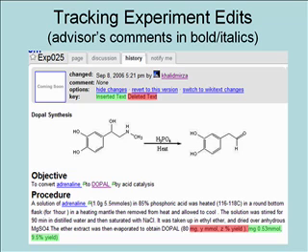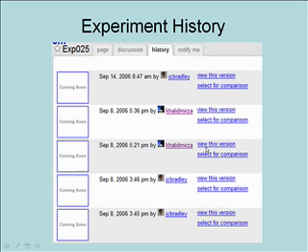So if I make a change, I can then compare 2 versions, and the stuff in red will be the stuff that was deleted, the stuff in green will be added. And so over time, you can actually see every single edit. So if you have a student that's doing an experiment in the lab, you can see exactly the order in which everything was done. You can see the discussion points.